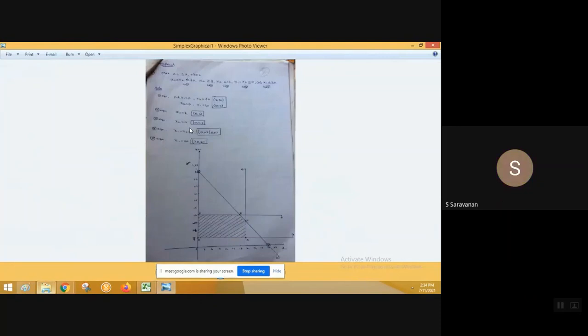Sir, in the question itself, will they ask by iteration method or graphical method, or do we need to choose which method? If nothing is specified, just check whether it is 2 variables or more than 2 variables. If it is 2 variables, go ahead with graphical, because in 5 minutes you can solve that problem. If it has more than 2 variables, go ahead with simplex, because it is not possible in a graph. If they clearly specify that you have to go with the graphical method, you go with the graphical.